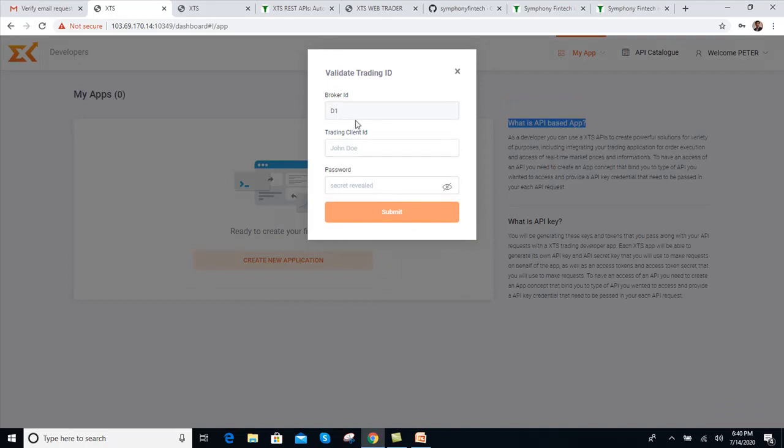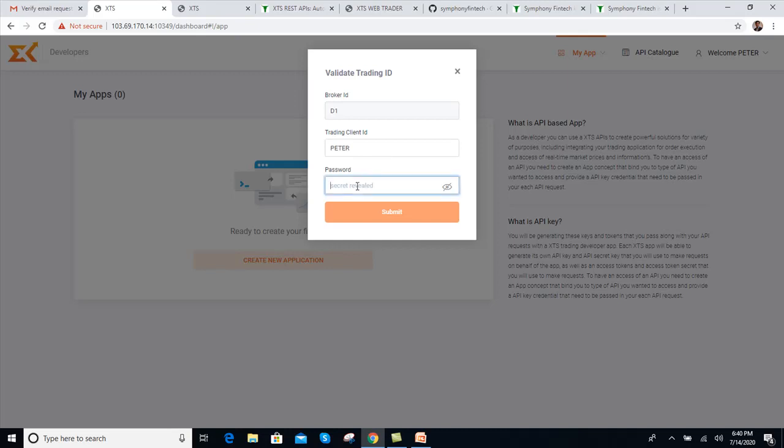Here the broker name will appear, like if you are using Composite Edge broker, then Composite Edge or IFL, Nirmal Bang, or any of our partner brokers' names will appear. You have to give your broker's user ID. In my case, I have a user ID called Peter. This user ID is given by my broker for trading purpose, and I use this user ID in my web and mobile application to send the orders.